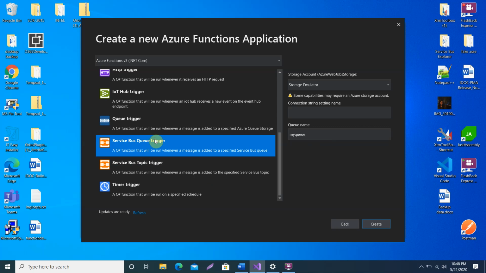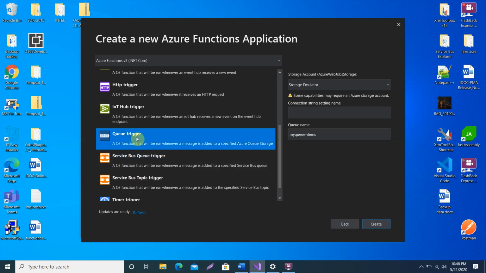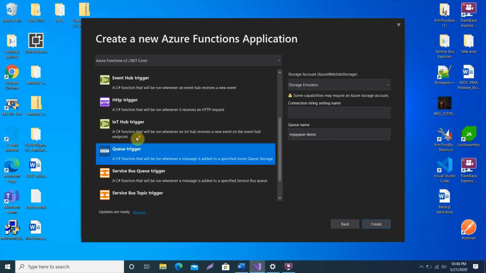If you are using a topic, then you have to choose the service bus topic trigger, and if you are using a queue, then you have to choose the service bus queue trigger. And this is the queue trigger. On Azure we have a separate service, that is queue storage, right? So whenever any message is put in the queue, this function will get triggered.